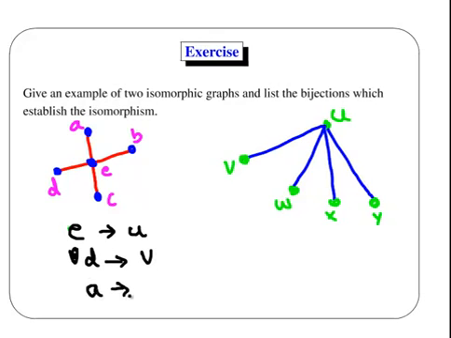A is related to W, B to X, and Y to C. And we can name the edges there, the corresponding edges, and do the same thing there. So that is a quick example there. It's a very basic example. The examples you'll be dealing with are probably a bit tougher,